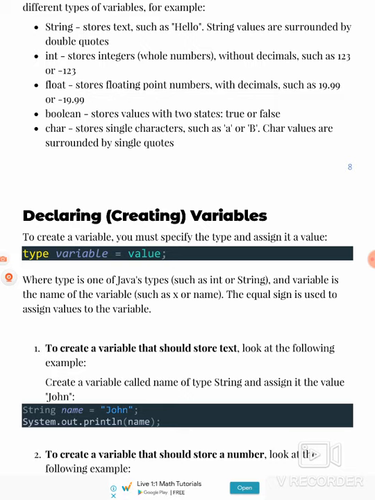creating variables guys. To create a variable, you must specify the type and assign it a value. For example guys, type variable equals value. I understood guys, what I'm telling I can also understand. So type variable means variable is a value. For example, you know MIT App Inventor. I know well about MIT App Inventor guys.